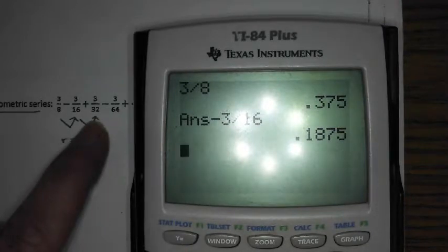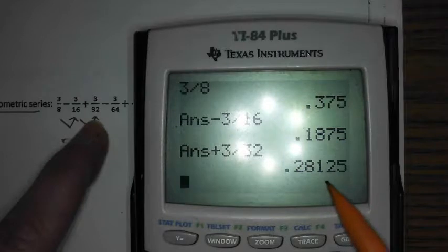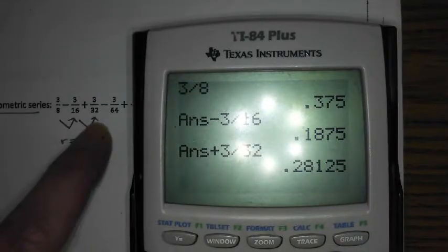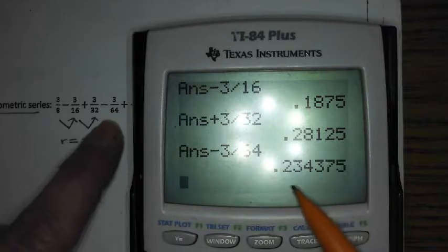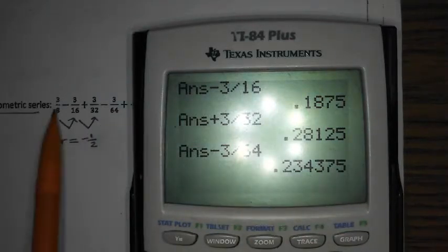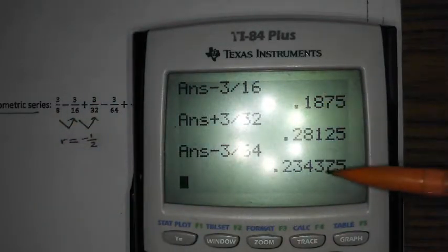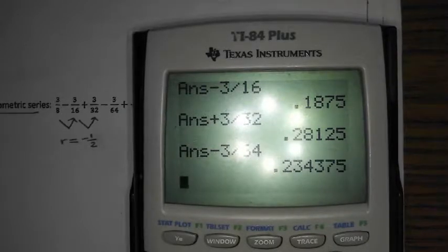Your third term, if you add that in there, now the sum of your series is 0.28125. Then if you do your next term, minus 3/64, your next sum of your series through the first 1, 2, 3, 4 terms would be that. And we're supposed to do this infinitely,